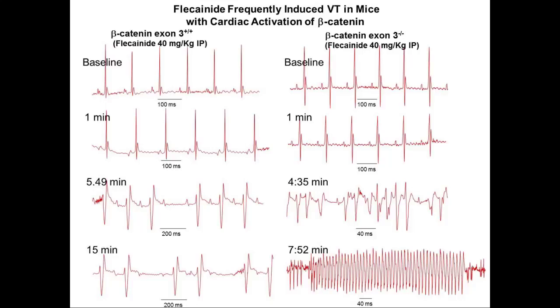PR interval prolongation. You do see some atrioventricular blocking. You can see the P wave actually missing the QRS. But you can see about 60% of these mice with exon 3 deletion can induce ventricular tachycardia. So this kind of model raises the possibility that this mouse model may be representative of Brugada syndrome, because the